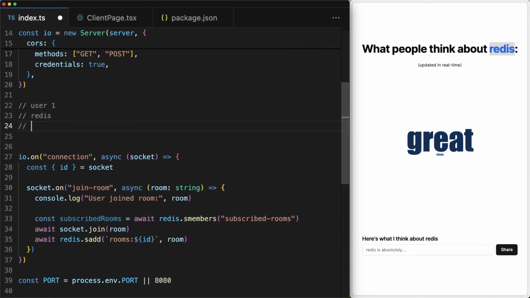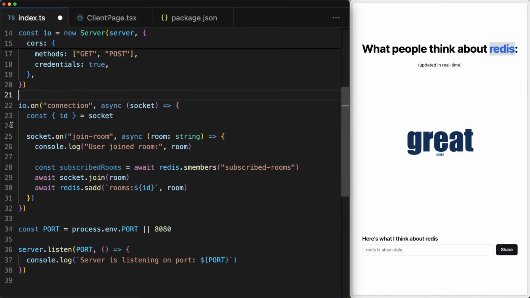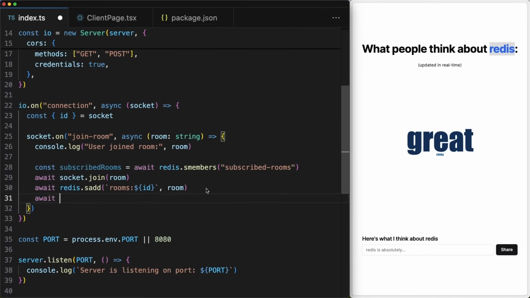And if they were in multiple rooms at the same time, let's say they were also in the Next.js room, there would be two items in the set right here. So we're keeping track of all rooms that this current user is connected to, right? And lastly, we're gonna say await